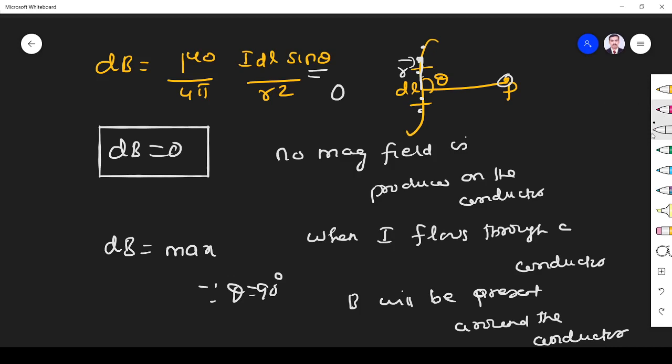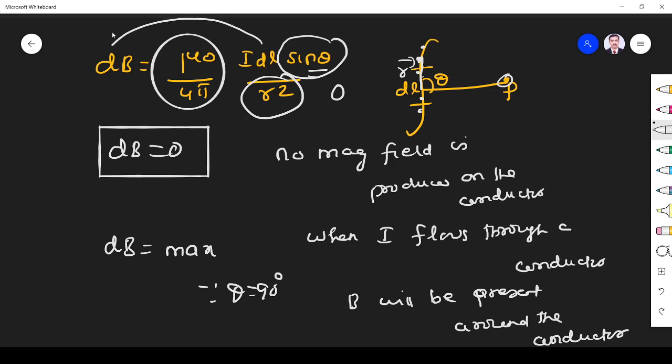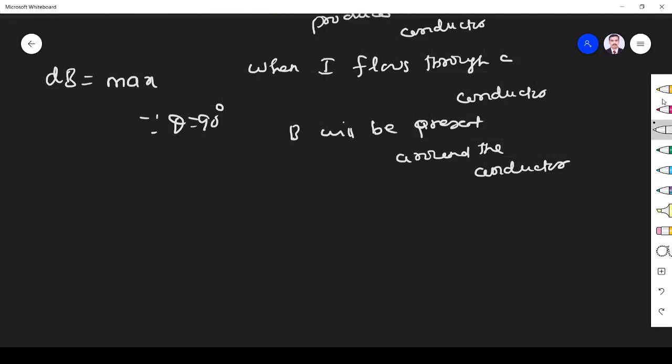And the last point is, you see here, for any equation, the right hand side is the source, the left hand side is the effect. These are all constants, so they won't contribute anything. Sin theta is just a constant number, right? R is a distance, this is also a variable, that's not a problem. So it will not produce anything, just a number. So it cannot do anything. But you see, this dB can be produced by a differential element. That is very, very, very, very important.